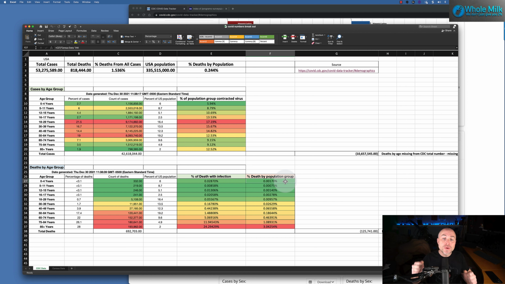I got to reiterate that because it doesn't make sense why we have little kids in masks. And even if we wanted to go up to the age of 29 to 0, we're not talking even close to a single percentage of the population. No matter how you slice this data, we have 0.05 and 0.009. These numbers aren't reason to have any children in masks or to stop or slow down their lives. Everything should be normal for them. Life should go on, and be completely as it was pre-COVID.